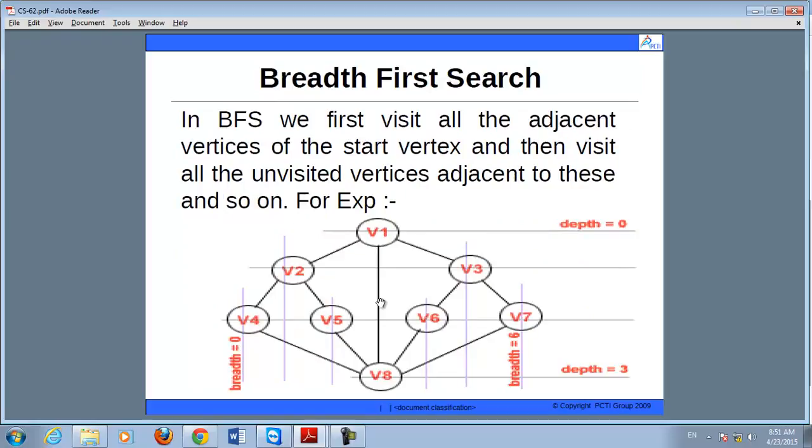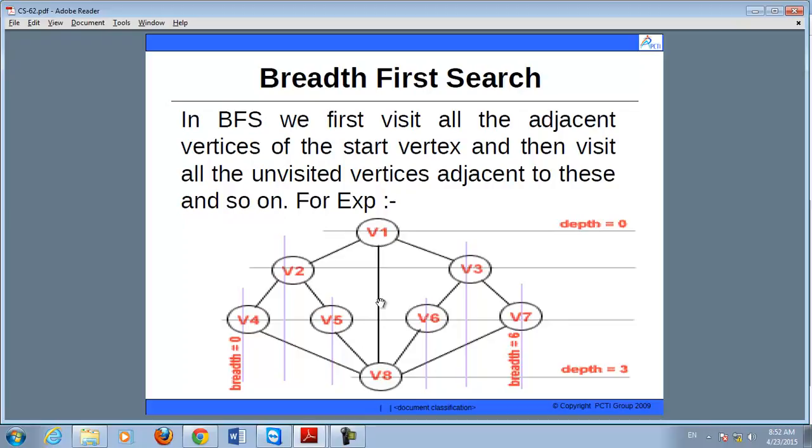Now what is BFS? In DFS, you visit nodes starting from one node and move to the descendants of that particular node. It means you keep moving in depth till you reach the end of that particular node. In BFS, all the adjacent vertices will be visited.